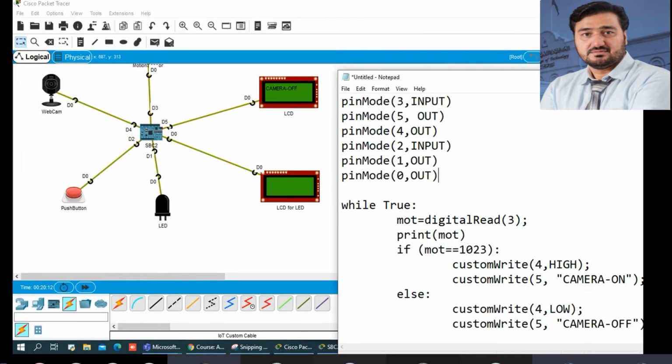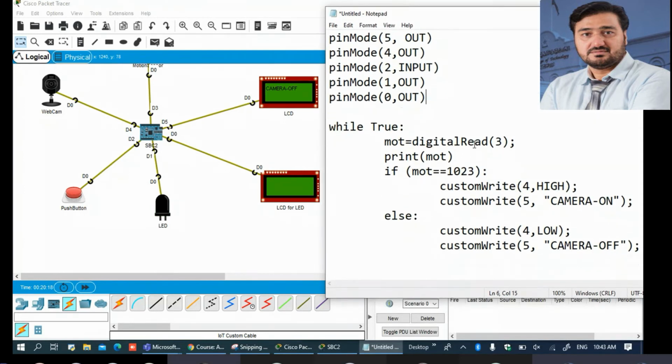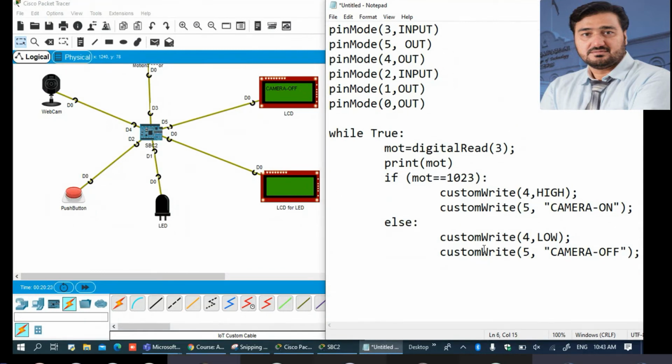Now we are going to expand our program. These are our input and output. We will write the same program, but now again with if else. First you need to write the button.